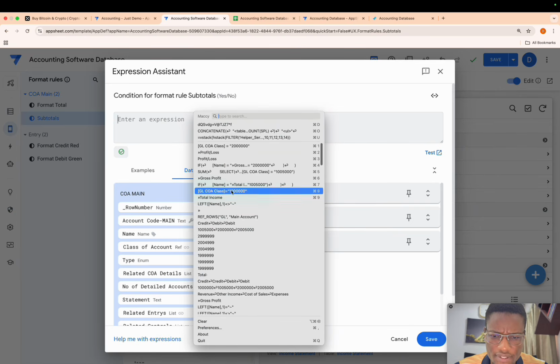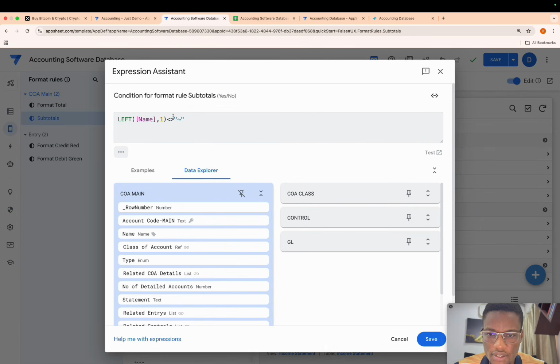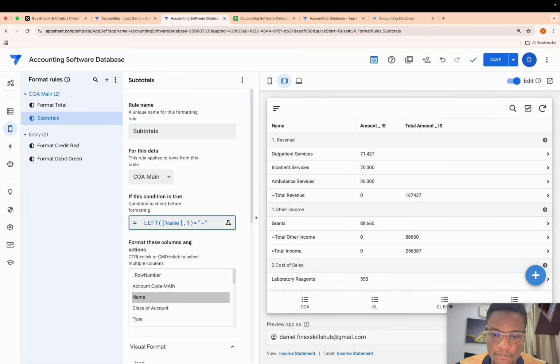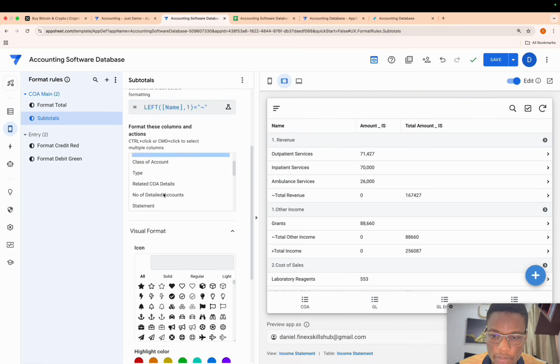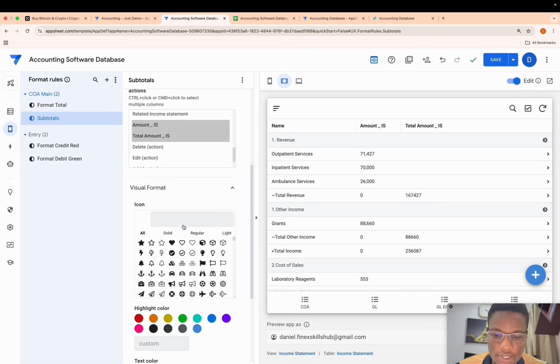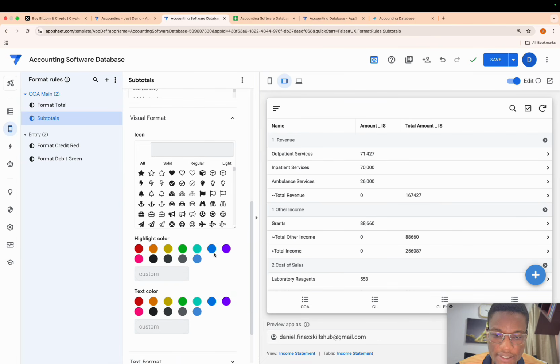So it's going to be left is equal to this. I'm going to click save. I'm going to highlight the name. I'm going to highlight the amount, hold command or control, select amount and total, and then I'll come and select blue, not this one.